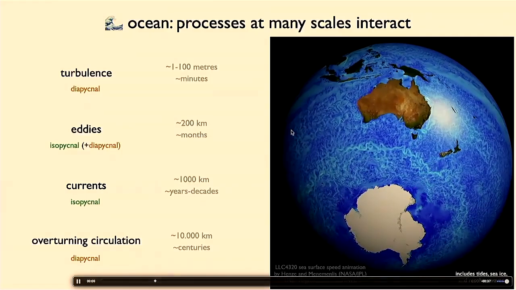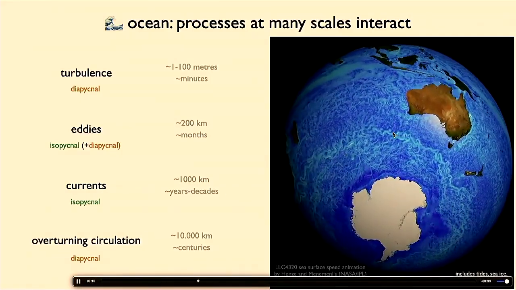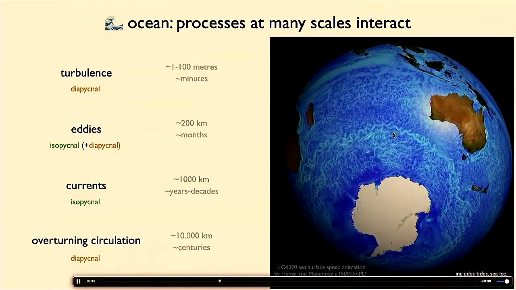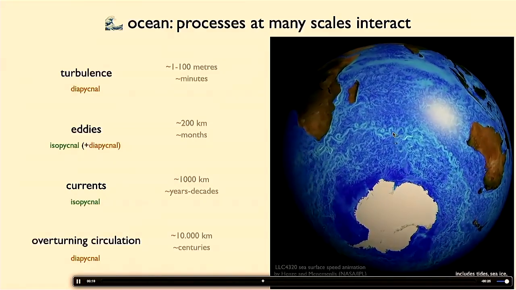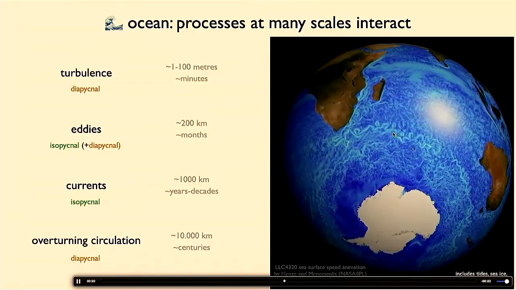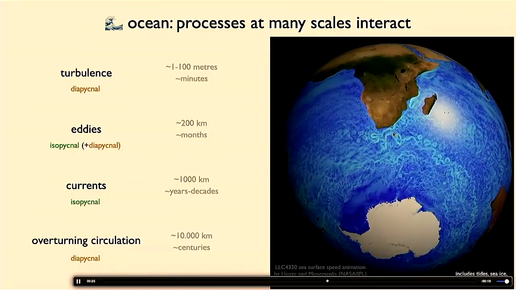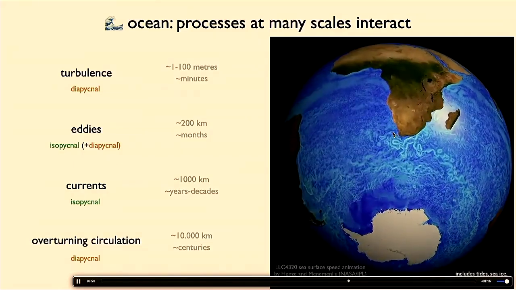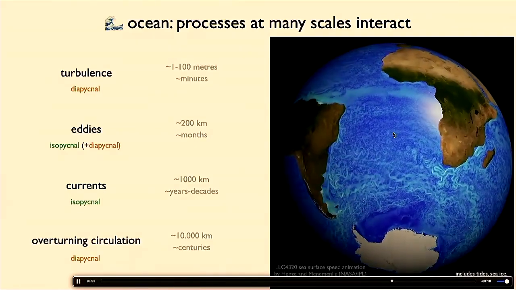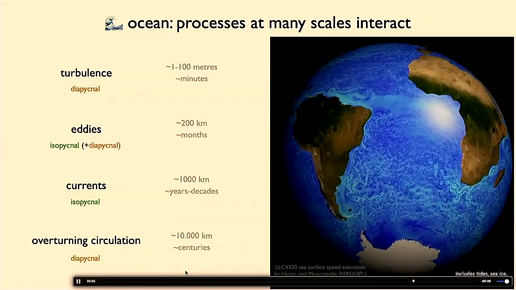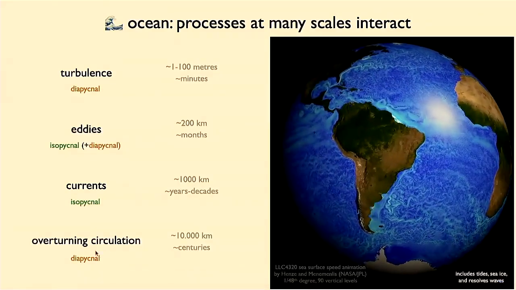Then there are currents, and there is also the overturning circulation, which we cannot see. I'll show you a schematic later. Perhaps have you talked about the overturning circulation in the atmosphere, like a Hadley cell or things like that? Yeah, so it's the same thing, but in the ocean. So from the bottom of the ocean up to the top and again to the bottom. So that circulation is really, really slow. That definitely happens, and it crosses some surfaces of constant density.